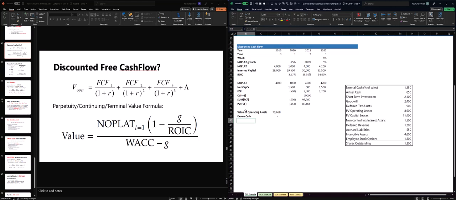All right. Next one is short-term investments. Do we include it below the line? Yes, of course. Why? Because we're not in the business of investing money, right? Do we include goodwill? No, because that's made up. You don't want to include that. Deferred tax assets. Well, we use this to calculate NOPLAT, so we don't include it below the line. PV of operating leases. Do we include that? Yes, because